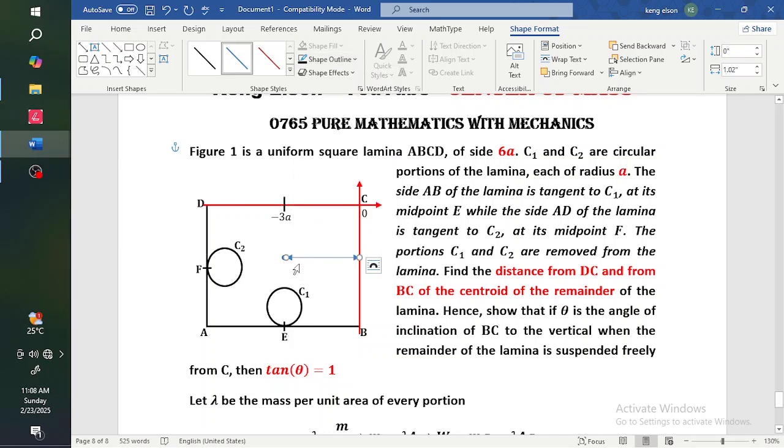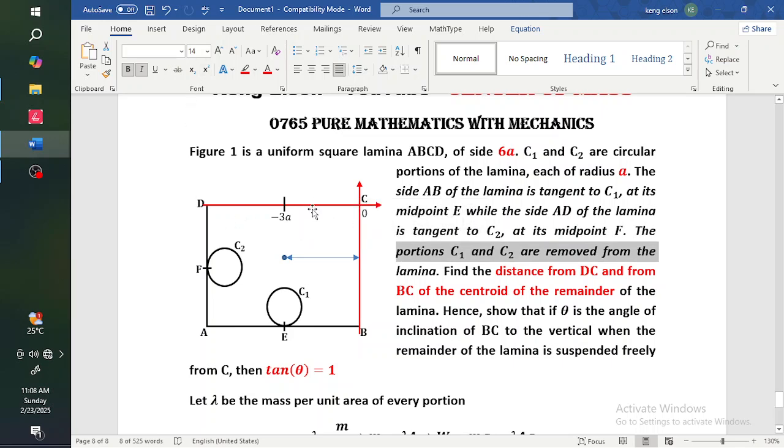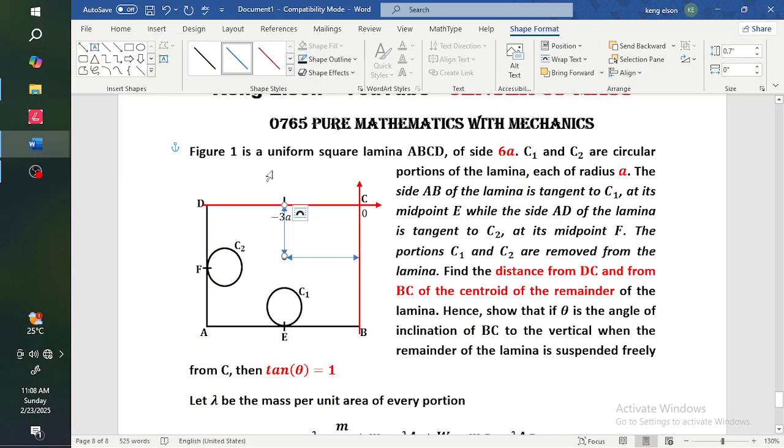Okay, now what is the distance from DC? Because we also need the vertical distance. What's the distance from DC? The distance from DC is this vertical distance here. Okay, this vertical distance is also negative 3a, because if you're calibrating on the y-axis, you realize that